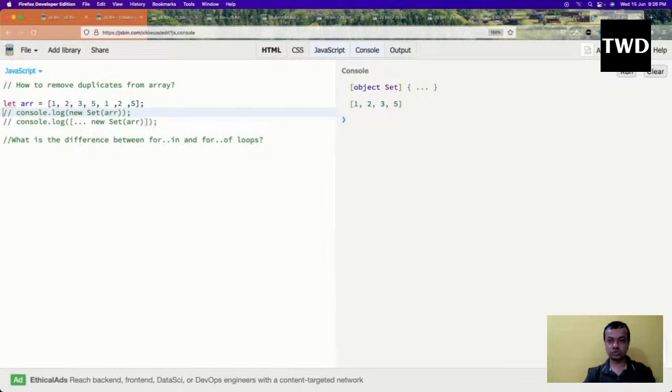The for in loop is to iterate over objects. Okay, in JavaScript, actually, arrays are also objects. How they're objects, I will tell. Okay, so suppose I have an object like this, and I can use a for in loop to iterate over it, like